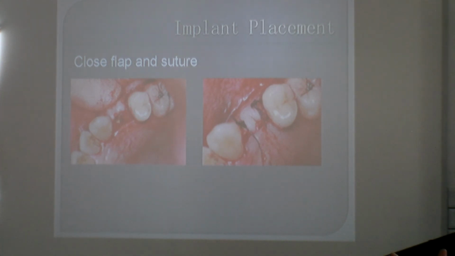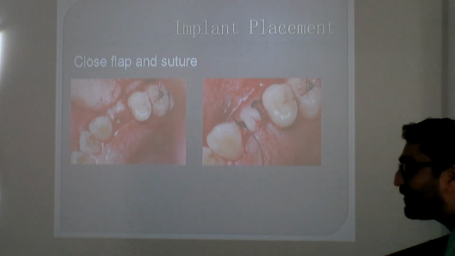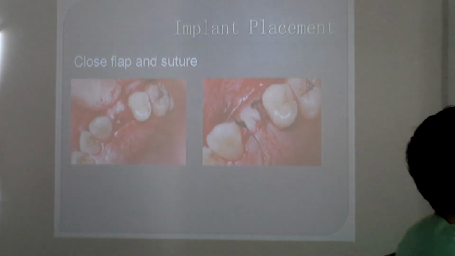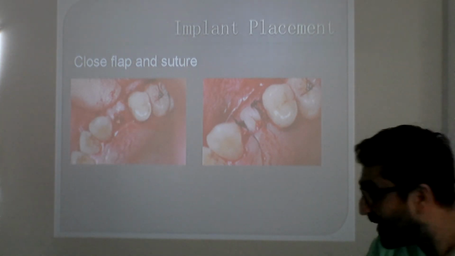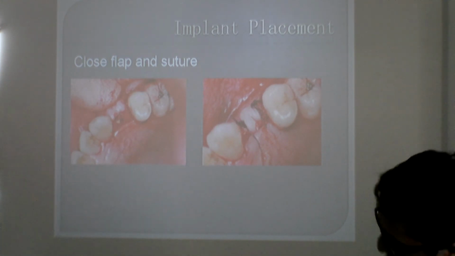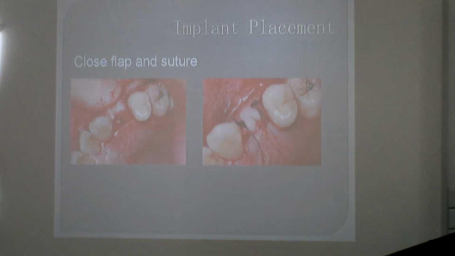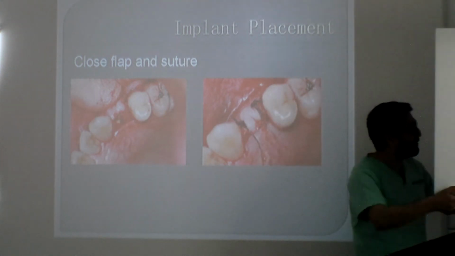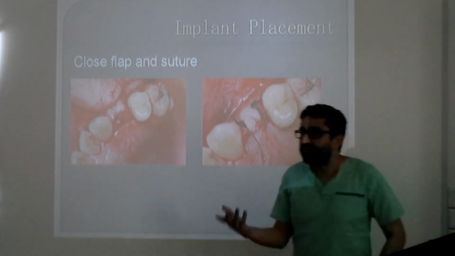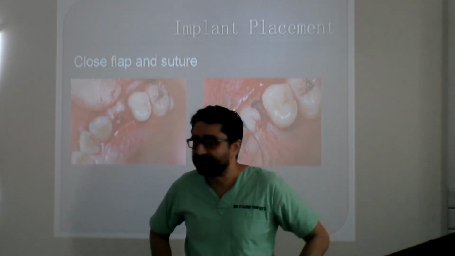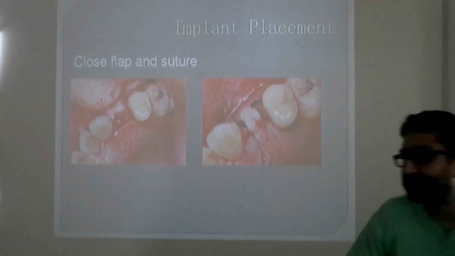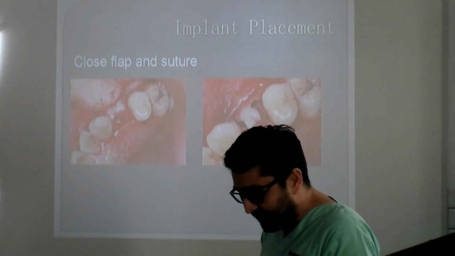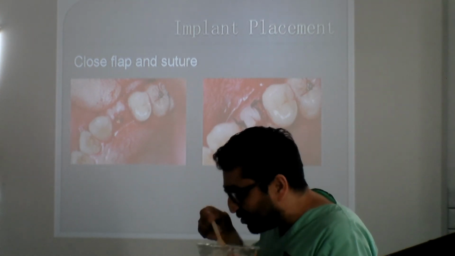Have you ever seen the suture pack? Have you read on top of the pack what's written? Reverse cutting, half circle, one circle, right. So what's reverse cutting and cutting? What's the difference? With reverse cutting, the cutting surface is not right at the top, which you shouldn't use with cutting, because otherwise you'll tear the flap. So we normally use reverse cutting to prevent